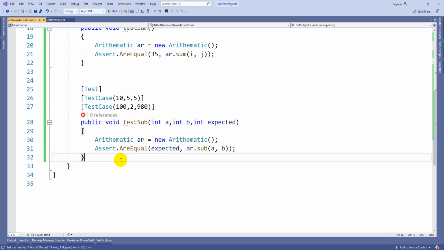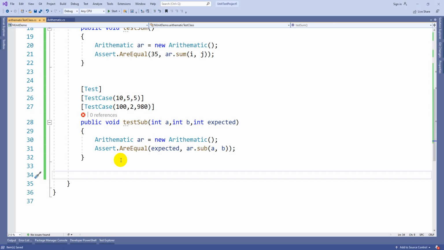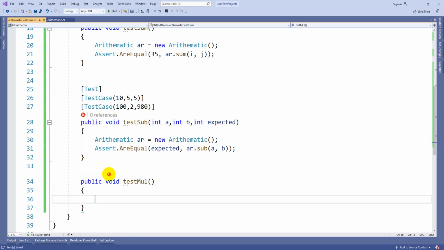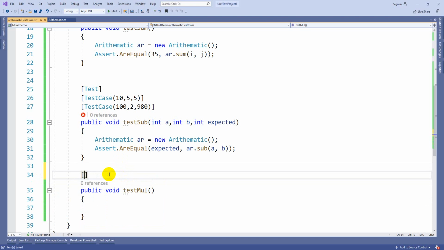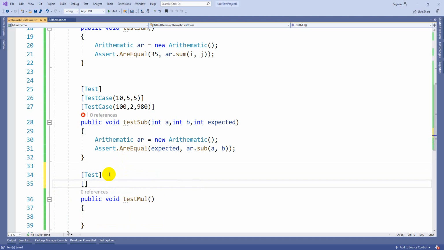One more thing I want to add. In case you want to ignore a test case, say public void TestMultiplicationExample, it is a test case, but I don't want to execute it. In that case you can use the Ignore method.